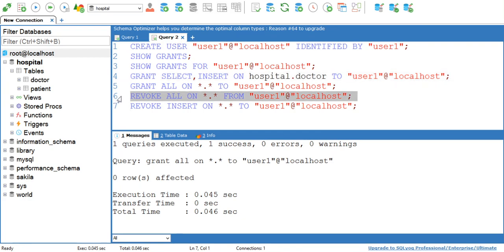So this is all about DDL, DML and DCL queries. Now your homework is to install your SQL community tool. I think you have already installed it, and execute all these commands.